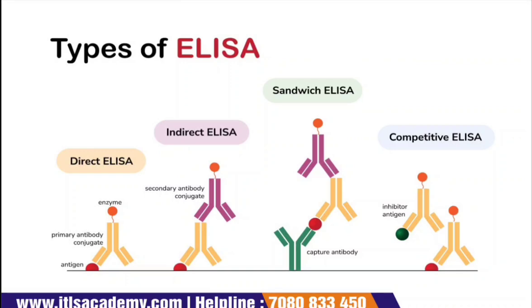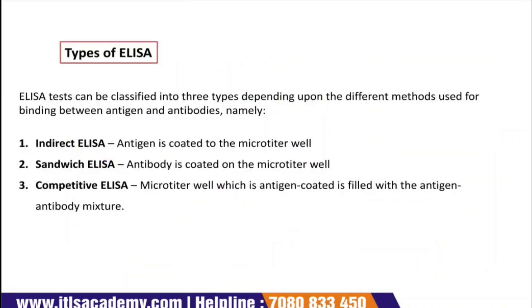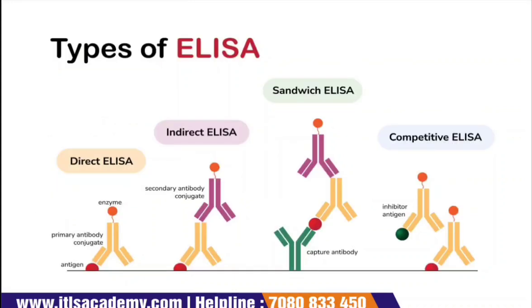Now the third one is the competitive ELISA. So what do we mean by competitive ELISA? As you can see in the diagram, in competitive ELISA, sample antigens and labeled antigens compete for binding to a limited amount of antibody. This format is useful for detecting small molecules or toxins where two antibodies cannot bind simultaneously due to size